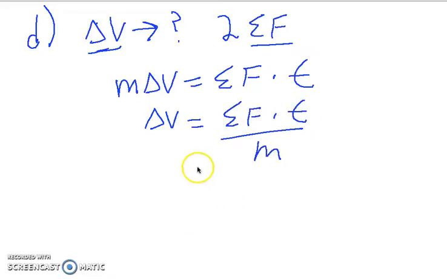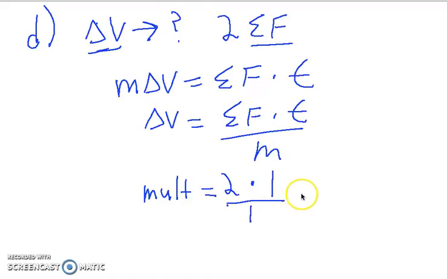So what's happening, we want to figure out the multiplier first for the change in velocity. So for the multiplier, we'd replace the net force with 2 because it's double. We replace time with 1 because we assume it's not changing. We just replace the mass with 1 because we'd assume it's not changing. It didn't say anything about changing mass. So the multiplier is going to be 2. So that means